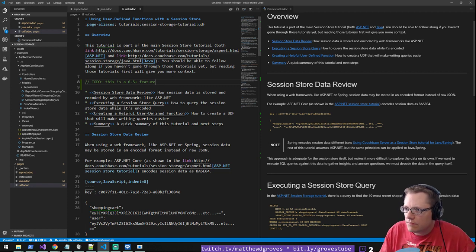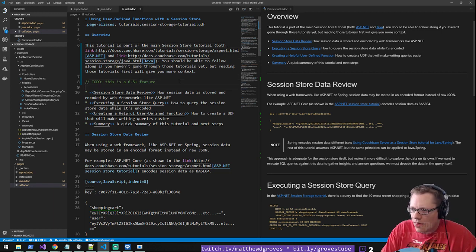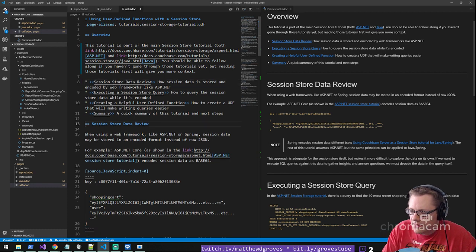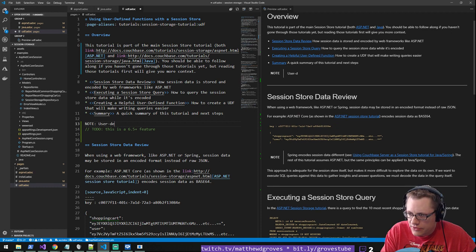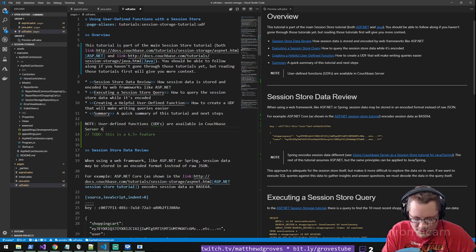So let's see. Tutorial. That's not how you spell tutorial. I think I'll put that note here at the end. All right. Notes. User-defined functions. UDFs are available in Couchbase Server 6.5 and newer. Well,